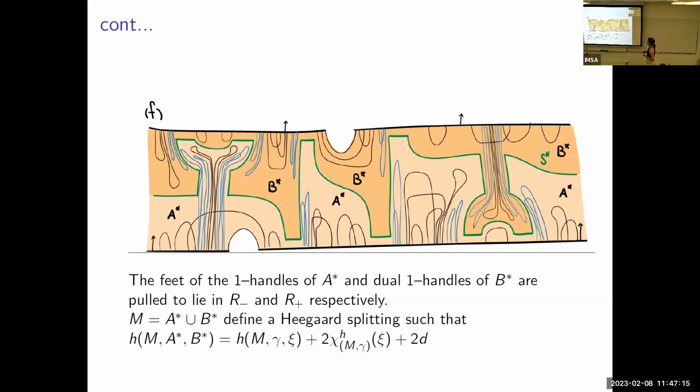So this will be a Heegaard splitting for M, a linear Heegaard splitting, and after we compute the handle number,